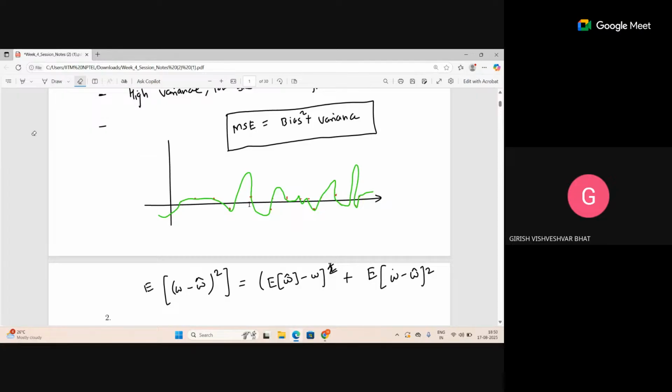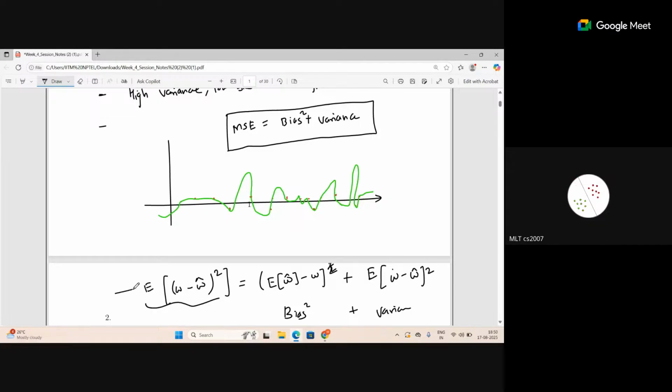So this is bias squared, and this is variance. For any data set, the squared error loss will remain the same. So if I increase the variance, the bias will decrease, and if I increase the bias, the variance will decrease. For overfitting models, the variance is high and the bias is lesser. Bias is lesser means you're thinking that whatever curve you try to fit,